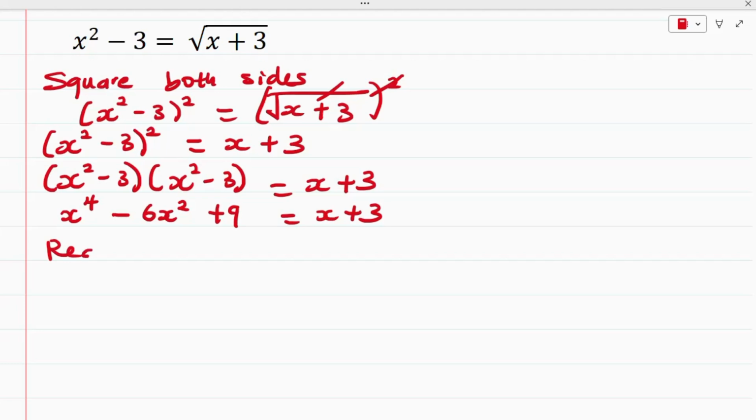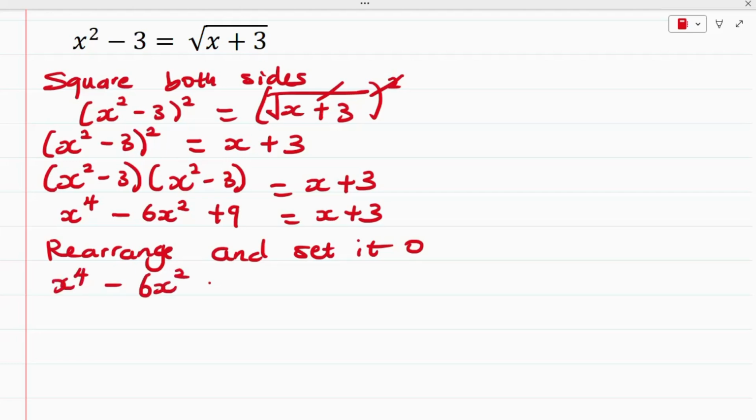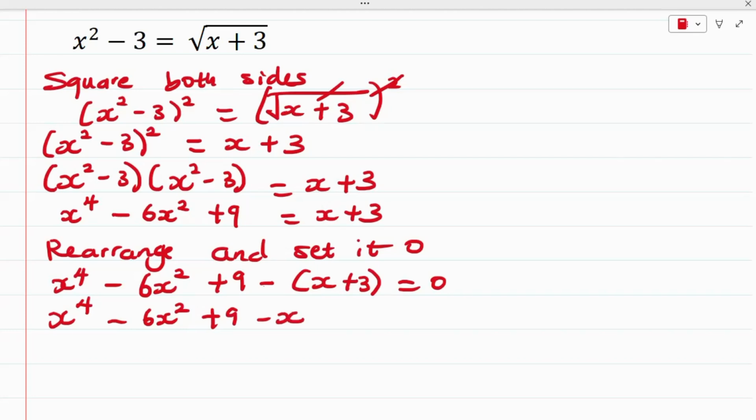So the next thing we want to do is to simply rearrange and set the equation to 0. So setting this to 0, we have x raised to the power of 4 minus 6x squared plus 9, and this is going to become negative into (x plus 3), and this is equal to 0. Opening up the brackets here, we have x raised to the power of 4 minus 6x squared plus 9, minus multiplied by x will give us negative x, minus multiplied by plus 3 is minus 3,